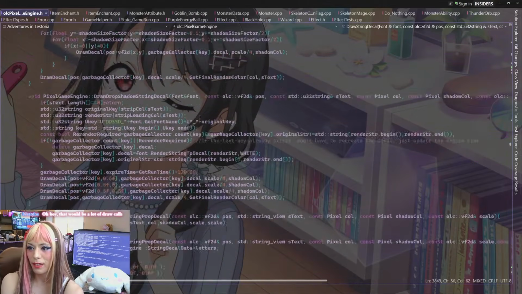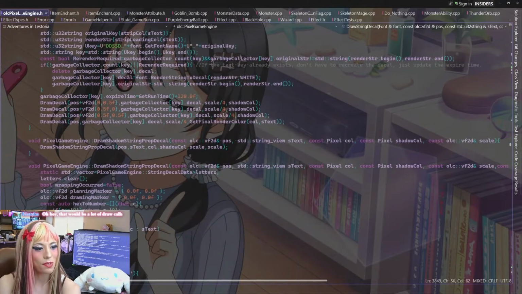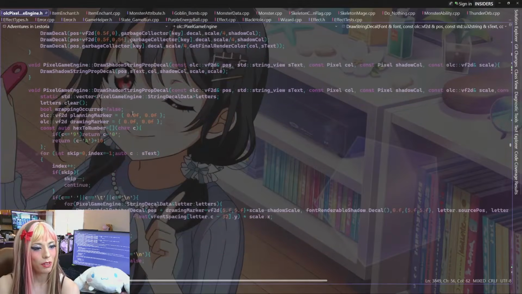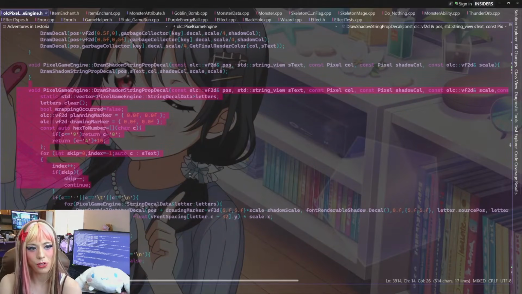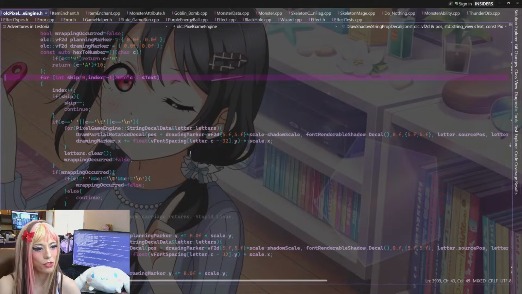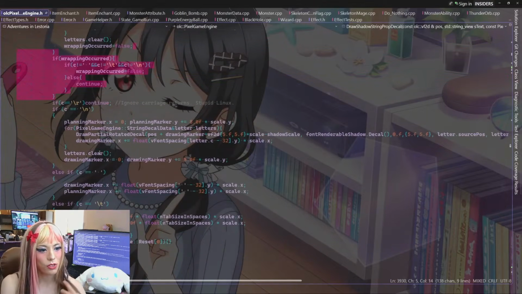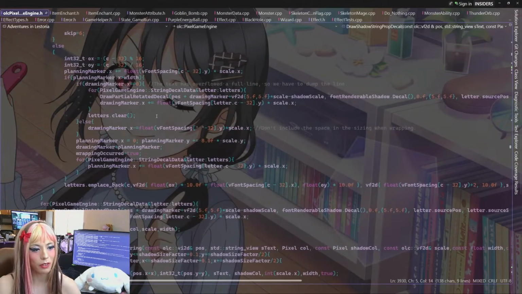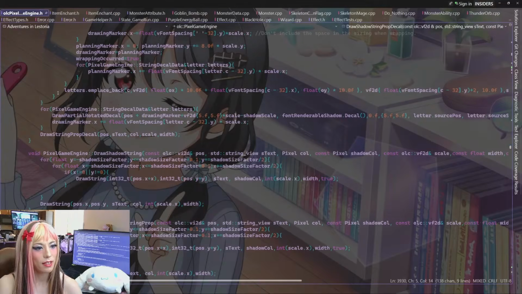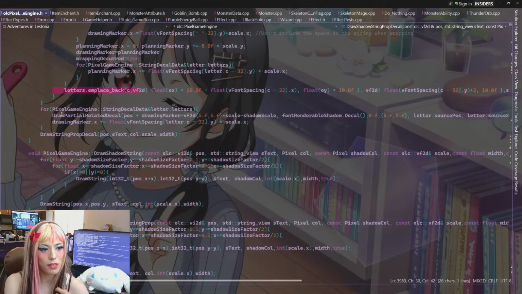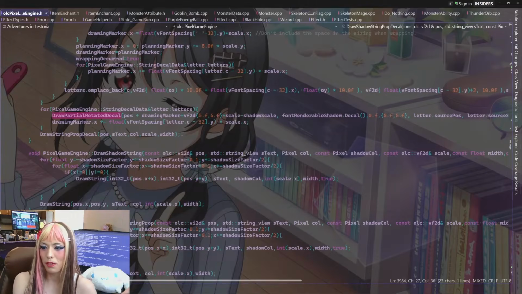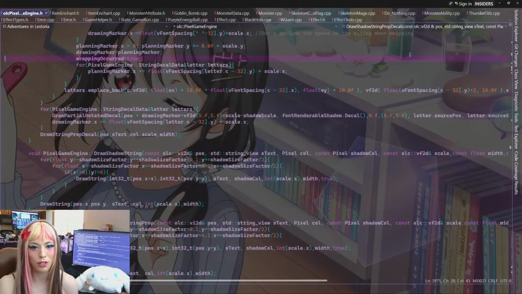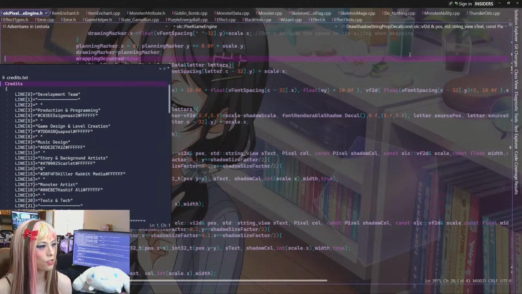But the thing is, we don't use that for draw shadow strings. So you can see the draw shadow string code just draws every glyph. So this is figuring out where to place the glyphs, and then it's just doing letters down, place back, and then for every letter it calls DrawDecal. So when you have like thousands of characters in one giant string, which the credits is one giant string,